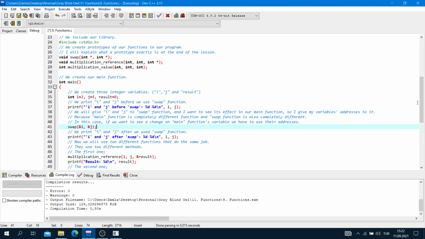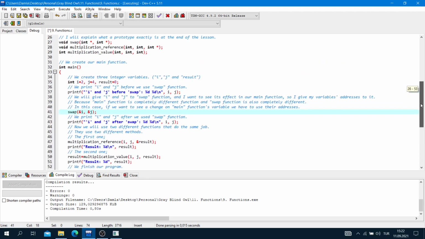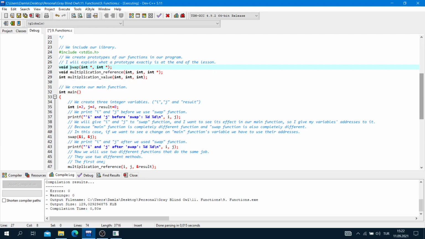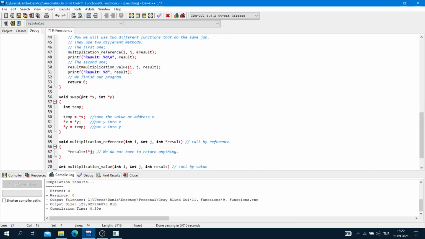So we have to mention our functions above. For example, void swap, its parameter types, only parameter types, not names. Swap integer pointer, not x, only integer pointer, and integer pointer again, not y.